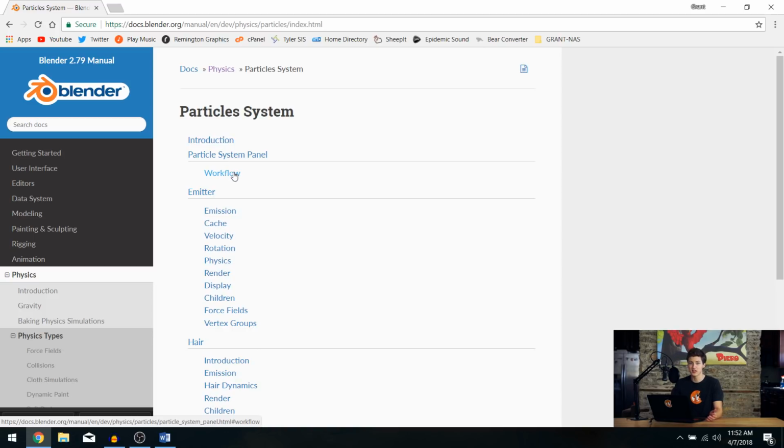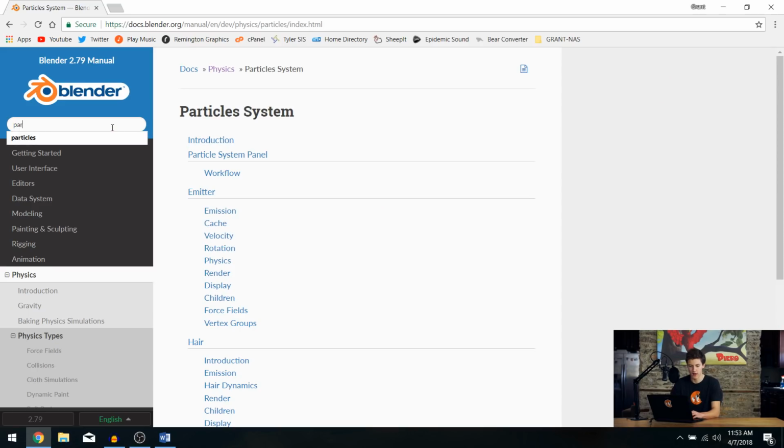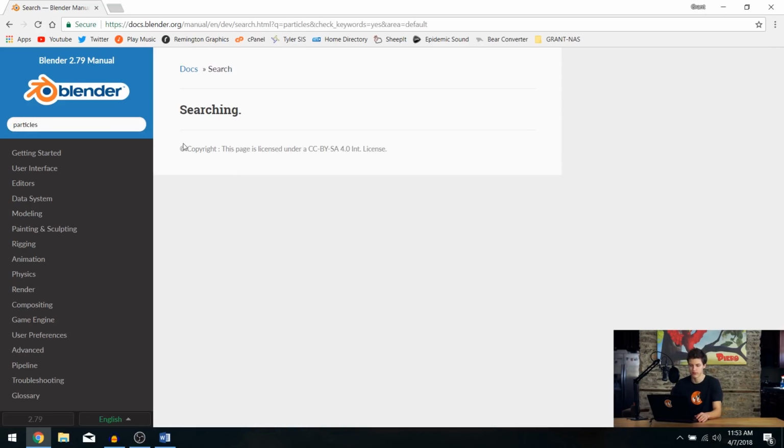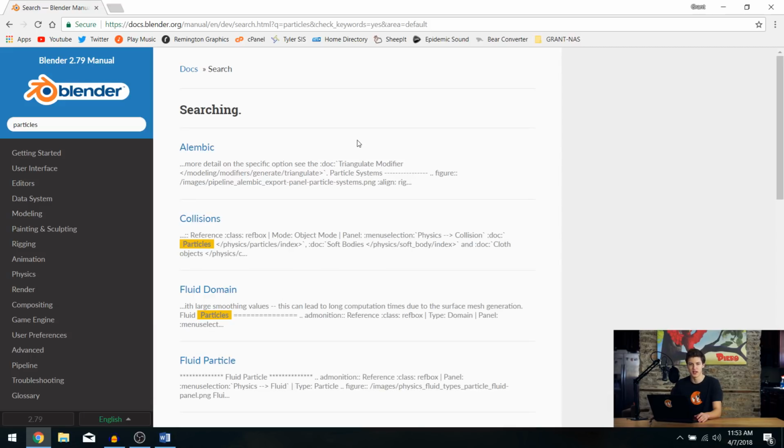Moreover, if I wanted to find something specific about the particle system, I could search for it. Now, one important thing to keep in mind when using the documentation is to be very specific in your search. Because if I just look up, say I want to learn about Brownian forces, right? The force that causes random chaotic movement of particles, right? If I just look up particles, well, a lot comes up, right? But if I look up Brownian,